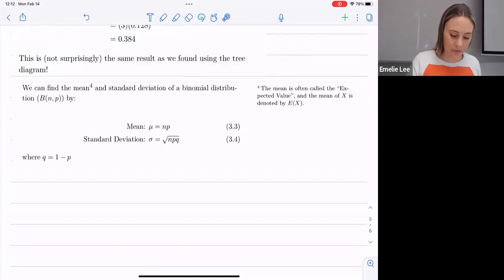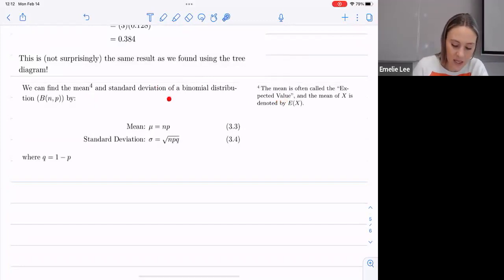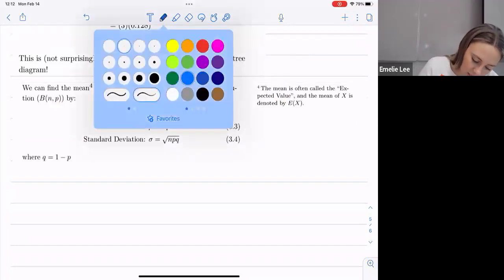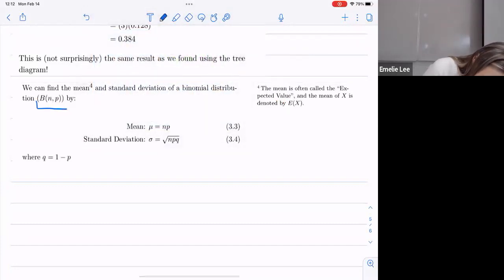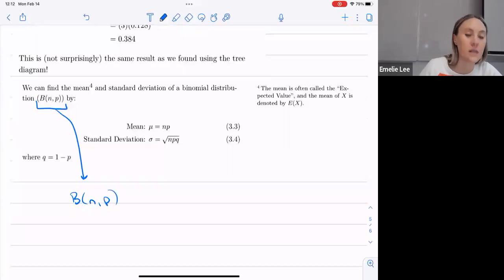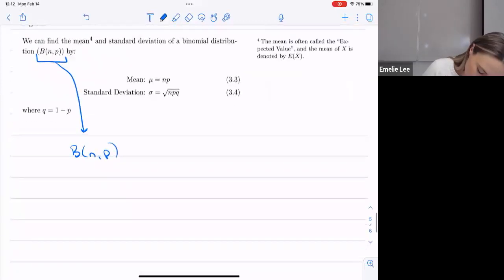We can still find the mean, which we call the expected value typically. So we can still find the mean and the standard deviation of a binomial distribution with n trials and p, the probability of success. So B(n, p) is shorthand for a binomial distribution